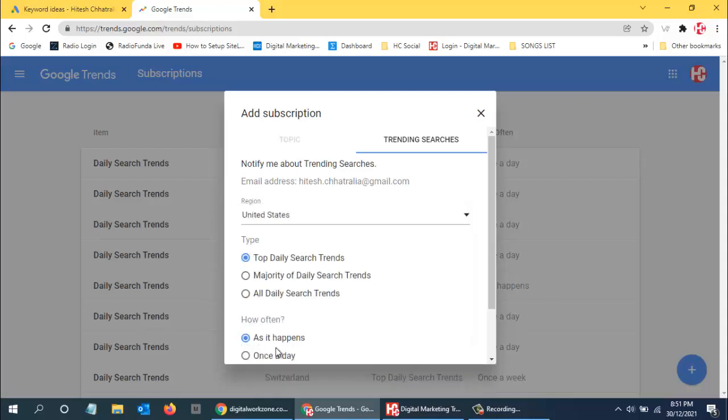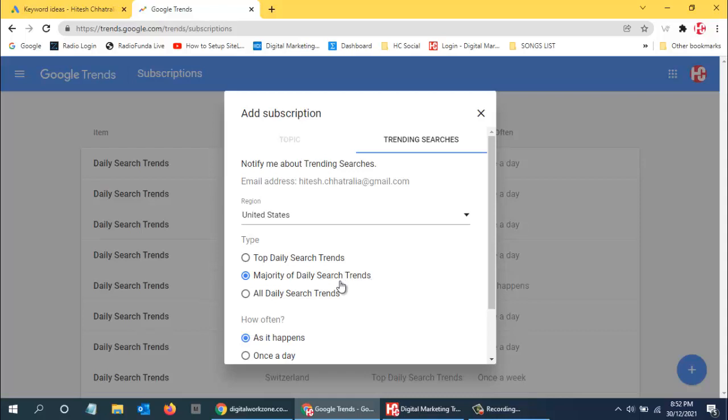If there are any trending searches in United States, Google will send them to me, and there are three options. Top daily search trends: here Google will sort out the best ones and send them to me. If I select majority of daily search trends, then out of 100 I might get 40 or 50. Only the very weak or not relevant topics will be removed.